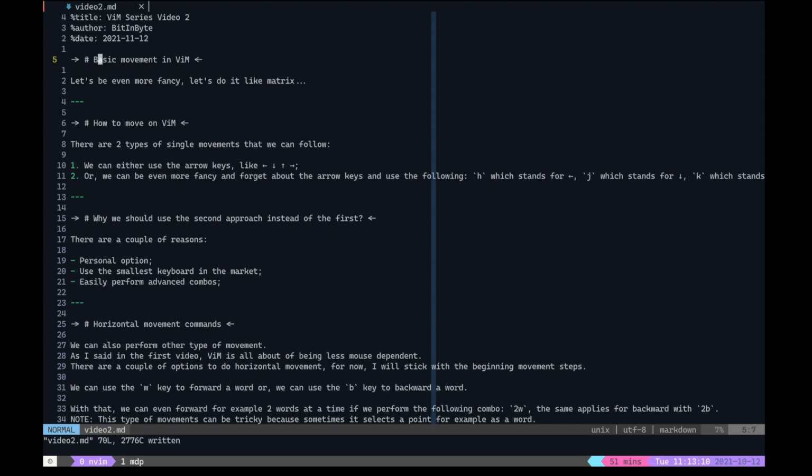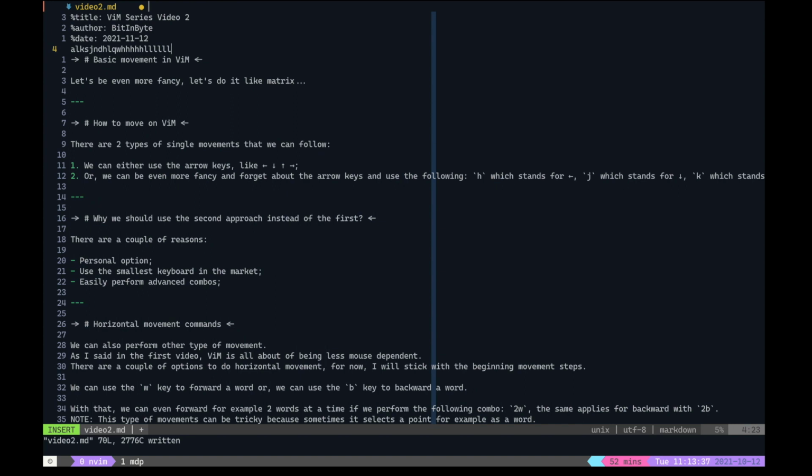It works also. However, if you just write something, you can't go left and you can't go right with the second approach. As I told you, you need to use the arrow keys. It's a drawback, but I think that in the end, you can execute the combos easily with the second approach, that I don't feel that much the necessity of using arrow keys.